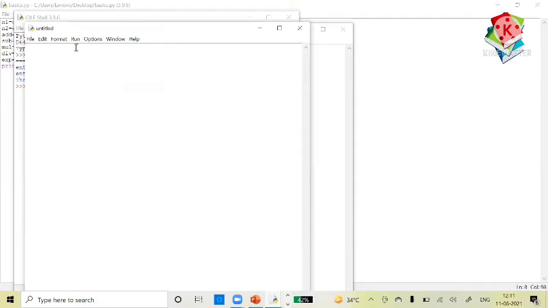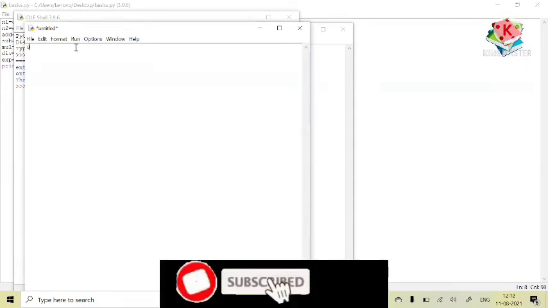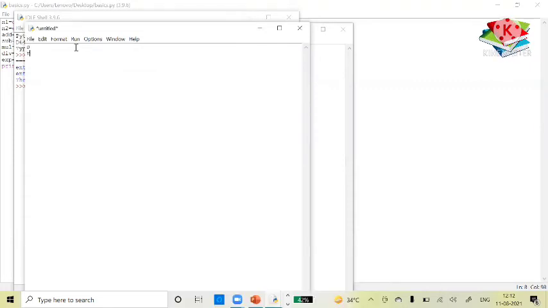So we need to get 3 inputs from the user. First one is S for the side of the cube, then we need r for the radius of your cylinder, and h for the height of your cylinder. So let's get these 3 values from the user. So eval input, give a message, enter side of your cube.